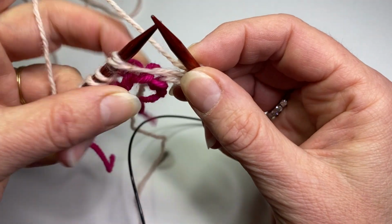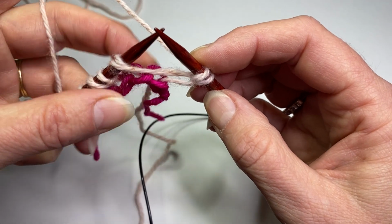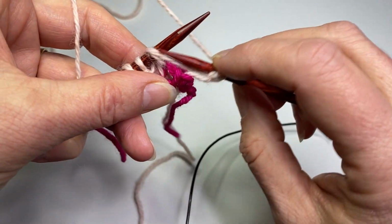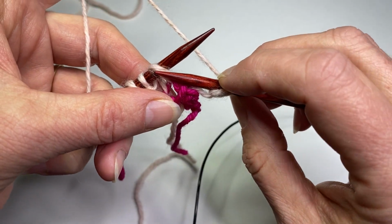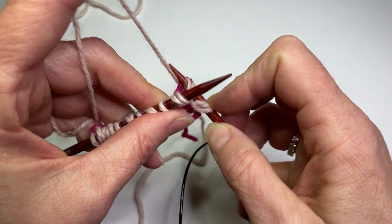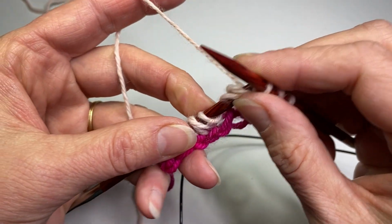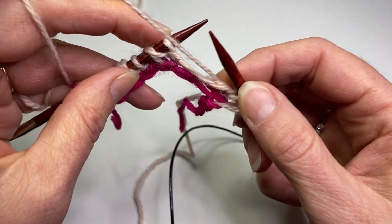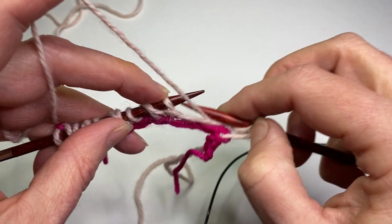Now, the next stitch, so we just did a yarn over slip 1. The next stitch is the brioche knit 2 together. Now this is just like a regular knit stitch, except you've got 2 strands here. You've got the slip stitch and the yarn over from that yarn over slip 1 that you did on the last row. You always knit them together in brioche. So that's called a brioche knit 2 together. It's commonly abbreviated BRK. So then the next stitch is the slip 1 yarn over, so yarn forward again, slip the stitch,